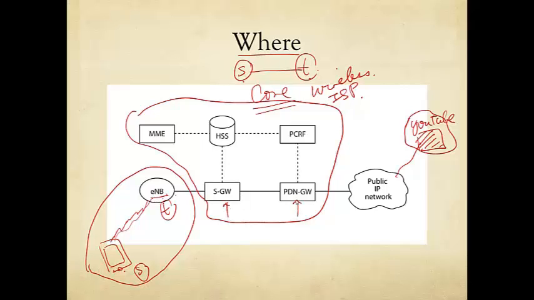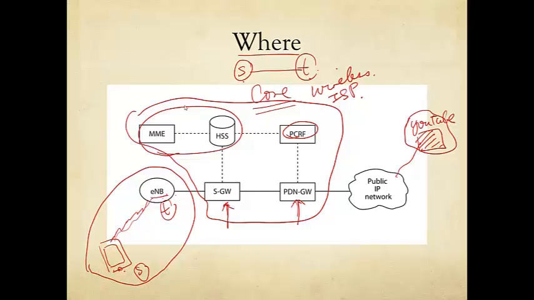In advanced material part, we'll talk much more about why do they exist and what do they do exactly. At this point, suffices to say that they do exist. And they add overhead, they add propagation delay, queuing delay, processing delay, and among them include things like the S gateway, the PDN gateway, as well as other servers with software such as PCRF, which controls scheduling, billing, charging, such as the HSS database and the MME software, whatever they mean at this point, in charge of the mobility support, without which you wouldn't have a mobile network.